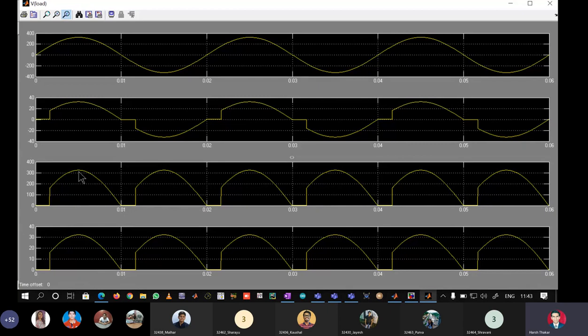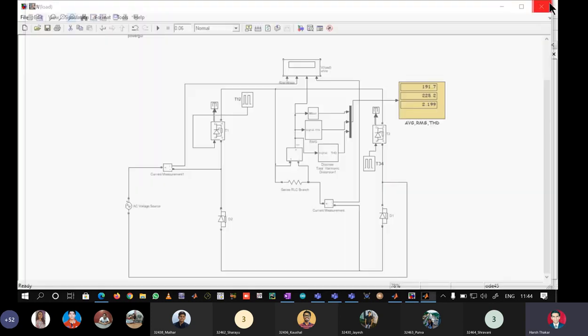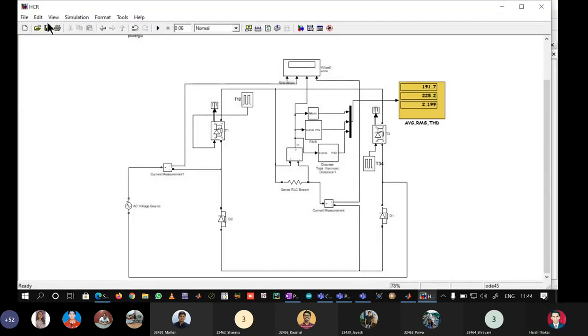So the value of omega t at which the load voltage peaks, that is pi by 2 radians, at that same instant the load current is also peaking. So what we have seen here is that when the load is purely resistive in nature, IL and VL are in phase, they do not lag. Now I will add some inductance to the load.